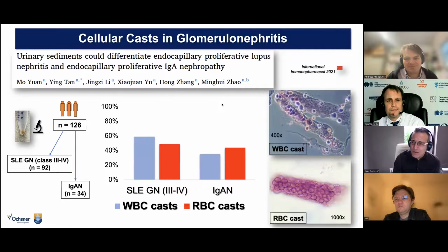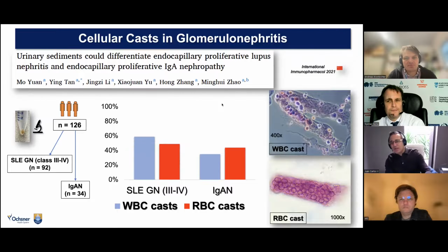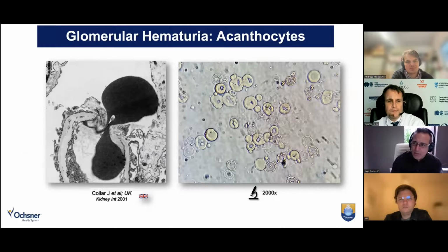But I'm showing this study because to me it was interesting to see the proportion of patients with lupus nephritis with white blood cell cast and IgA nephropathy with RBC cast. In general, you can see that the numbers are very similar. So this idea that RBC casts are unique for GNs and white blood cell casts are not so unique, as Varghese reported, started to be a little bit different here in this study from China. We're going to come back to the white blood cell casts in a little bit, but let's just talk about this sort of a pathognomonic